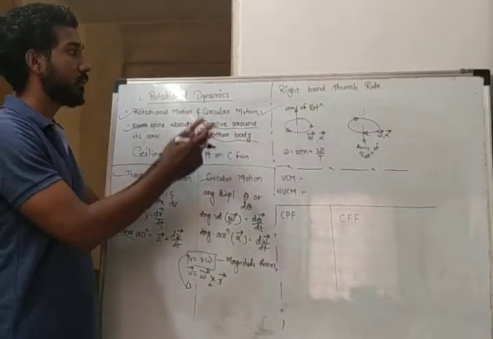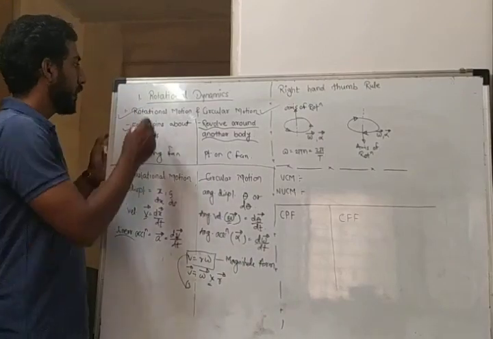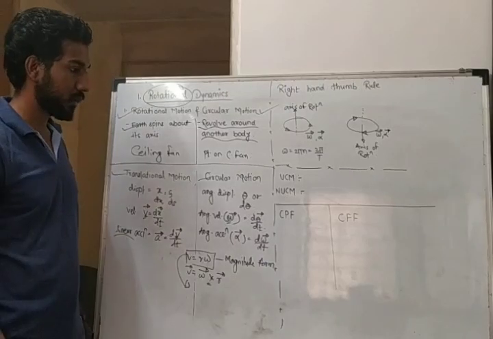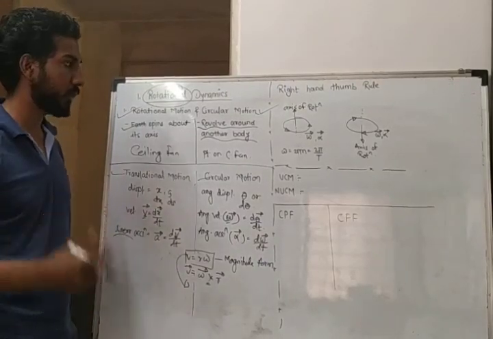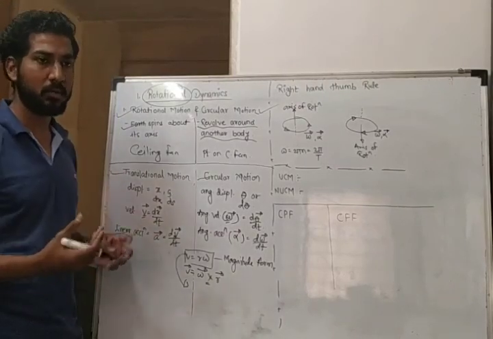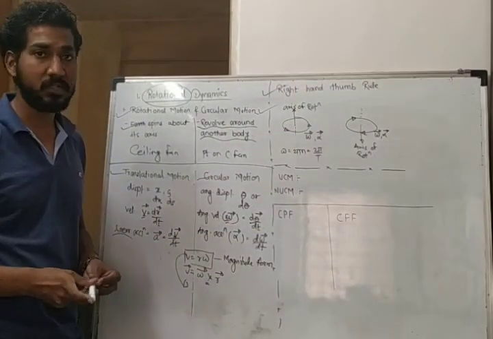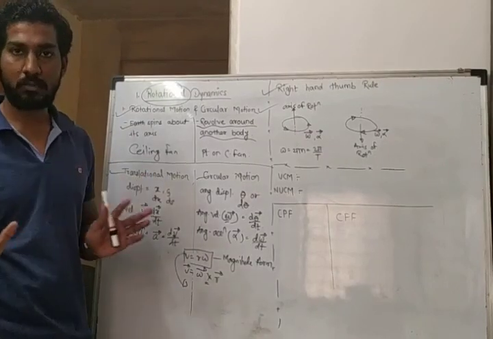Now we have another point, that is the right hand thumb rule. Students, listen. In this chapter, the total motion is considered in the whole lesson, and a few numericals I am going to take in a further lecture. During this one I am covering only the theoretical part. When there is a right hand thumb rule, of course it is made to understand the direction. That's it.